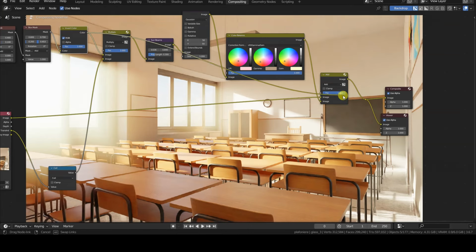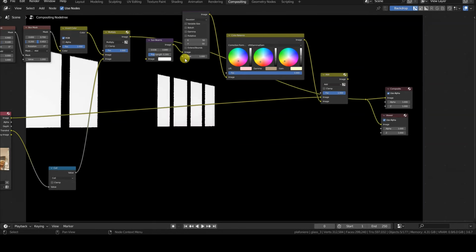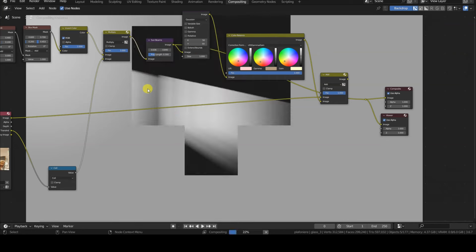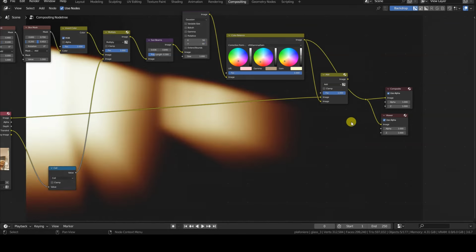In this tutorial, in particular, we will see how to apply the effect to the light passing through windows, i.e. through a semi-transparent material, how to soften the edges of the light rays, how to exclude some areas of the rendering that we are not interested in, and how to further modify the light rays with color balance and other effects.